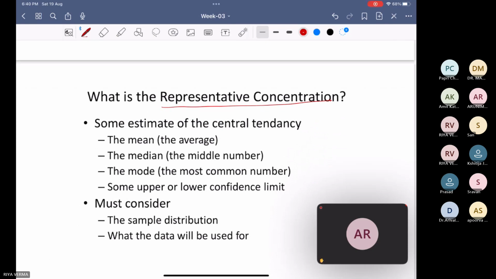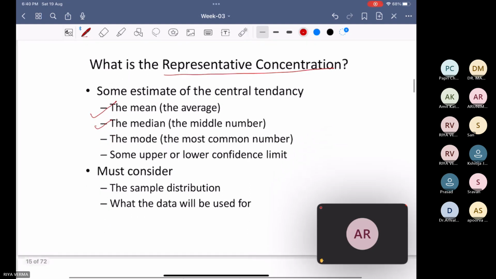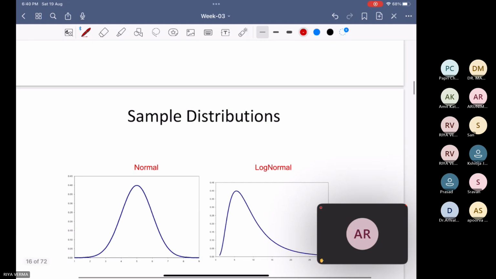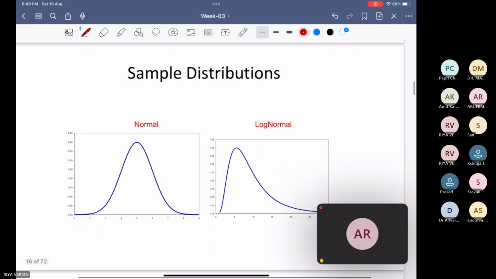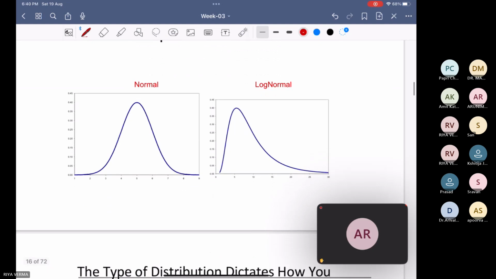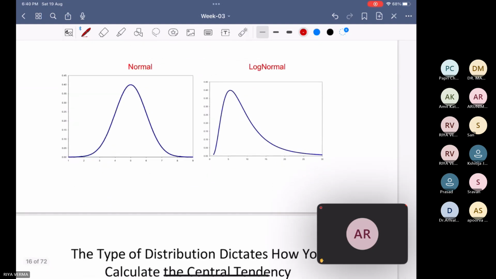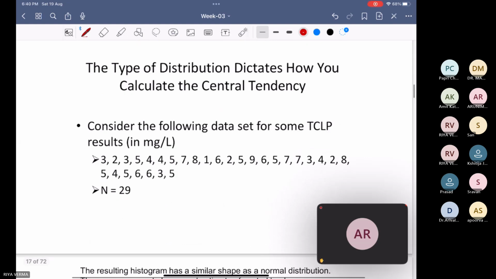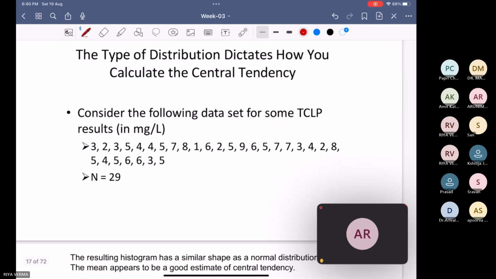सो दिस इज नोन एज सेंट्रल टेंडेंसी। तो हमारे पास सेंट्रल टेंडेंसी में तीन ऑप्शंस होते हैं, आइदर दी मीन वैल्यू जो कि एवरेज होगा, नेक्स्ट इज योर मीडियन दैट इज द मिडल नंबर, देन वी हैव मोड, तो वो नंबर जो सबसे ज्यादा बार रिपीट होगा दैट इज योर मोड, और नेक्स्ट वी हैव सम अपर और लोअर कॉन्फिडेंस लिमिट्स। सो इस तरह से हम अपने सैंपल्स को रिप्रेजेंट कर सकते हैं। देन वी हैव टू टाइप्स ऑफ डिस्ट्रीब्यूशंस, कि जो सैंपल का डेटा है वो कैसे कैसे डिस्ट्रीब्यूट हो सकता है। तो फर्स्ट वी हैव नॉर्मल डिस्ट्रीब्यूशन एंड नेक्स्ट अप वी हैव लॉग नॉर्मल डिस्ट्रीब्यूशन।